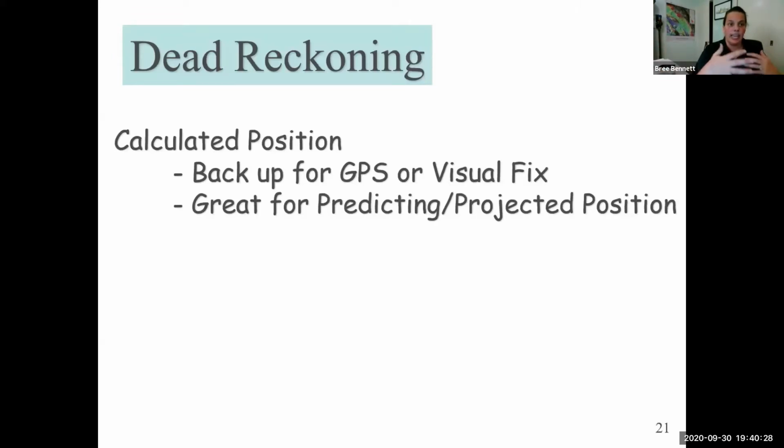Again, this is just a calculated. Maybe there's a current, maybe there's wind, maybe there's all this other stuff. But the DR is just a calculated term using the ship's heading, or your course that you're trying to make, the speed that you're trying to do, and the time. So 60D street. We also use it for